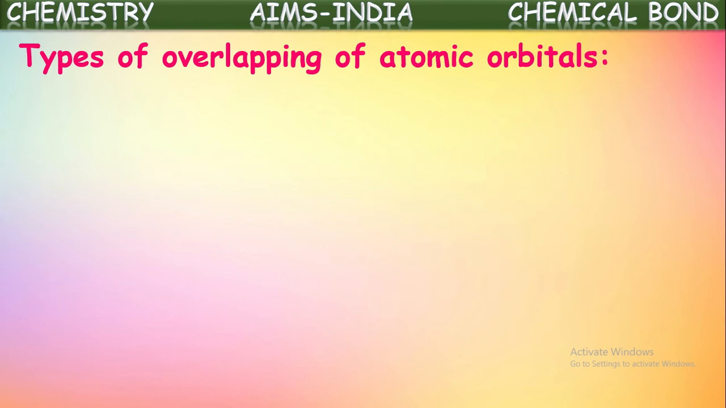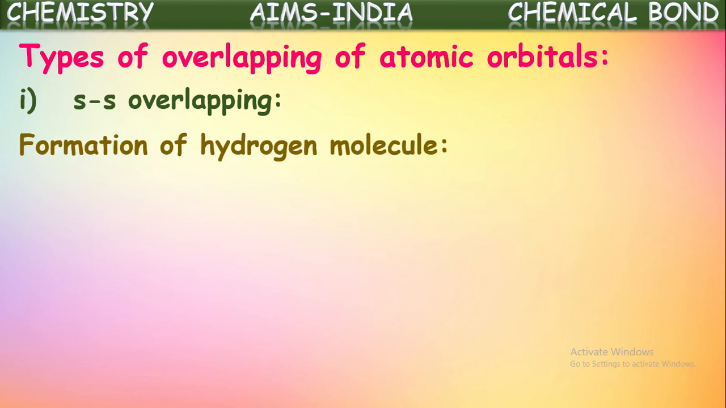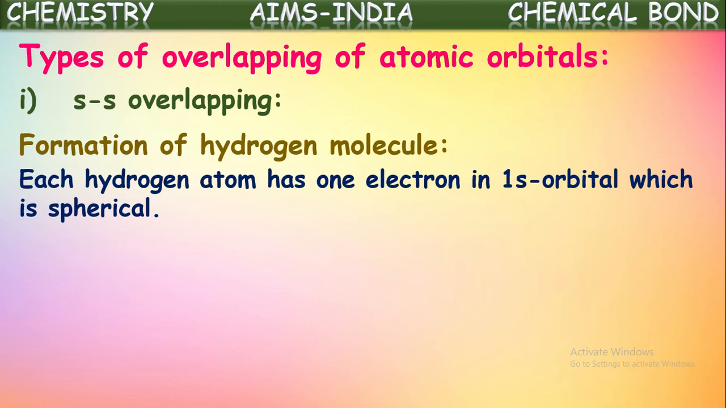So now in the formation of sigma bond, the overlappings of atomic orbitals will be of different kinds. Let us see here the types of overlapping of atomic orbitals in the formation of sigma bond. First let us see s-s overlapping, meaning s orbital overlapping. Let us try to understand this s-s overlapping by taking an example, that is the formation of hydrogen molecule, H2 molecule. We know each hydrogen atom has one electron in its 1s orbital,